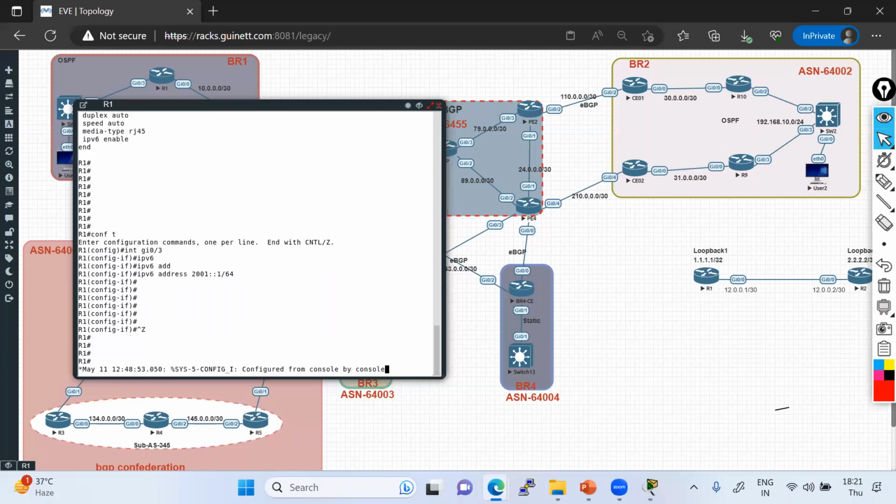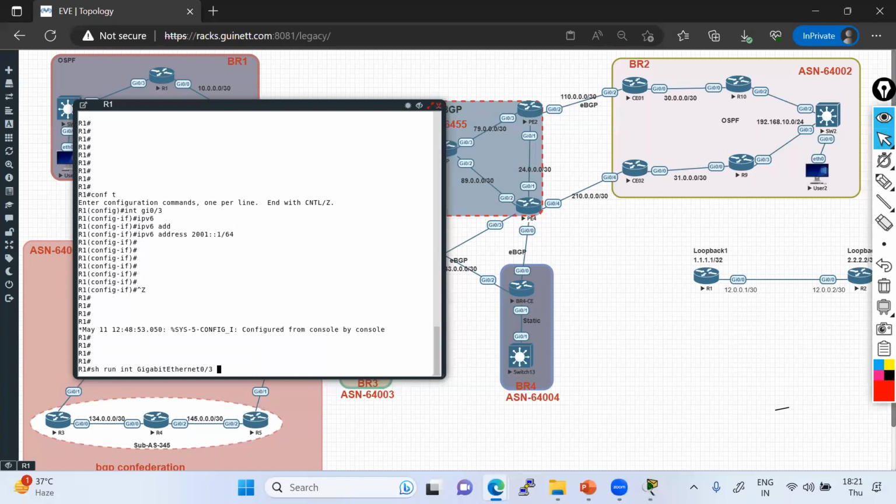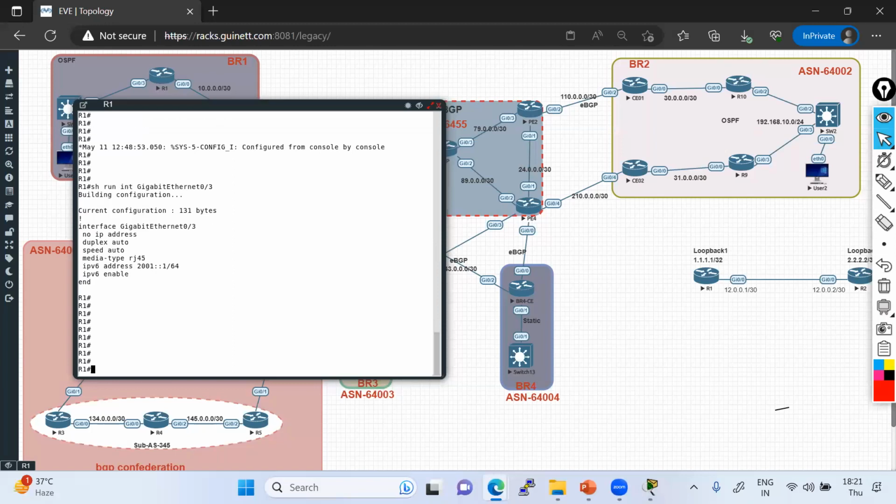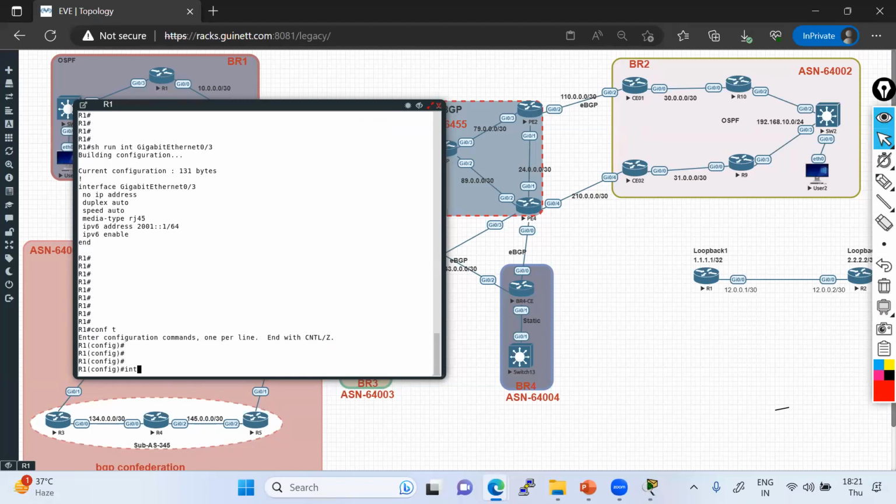Okay. So let me just check it again. It's not showing the link local address here by default on the router also. Gig 0/3.